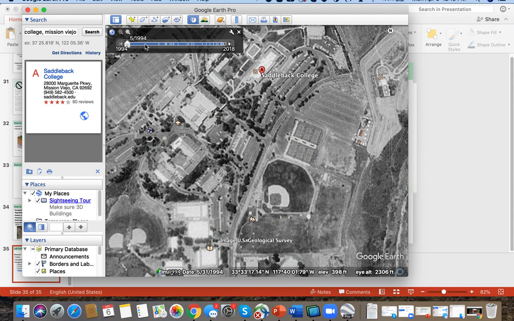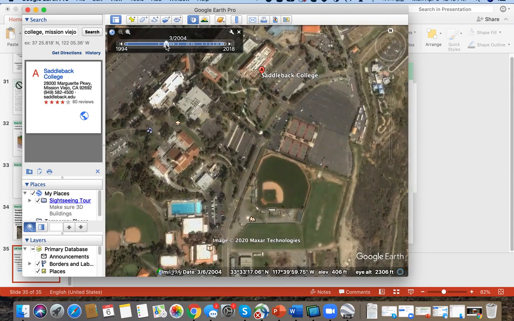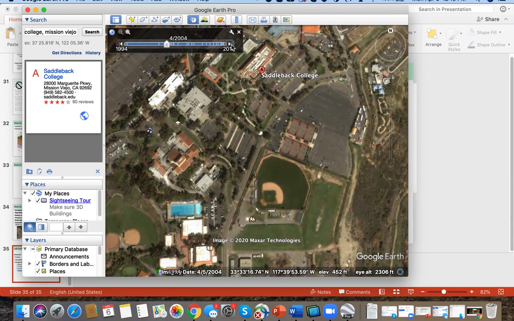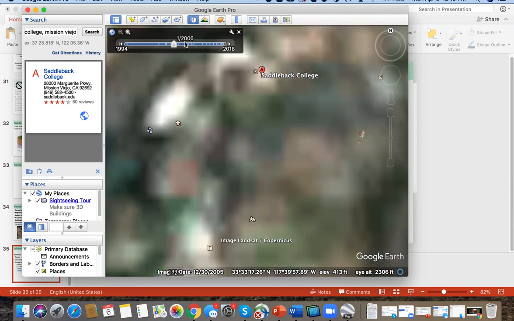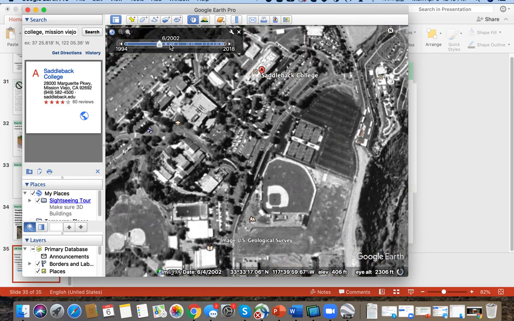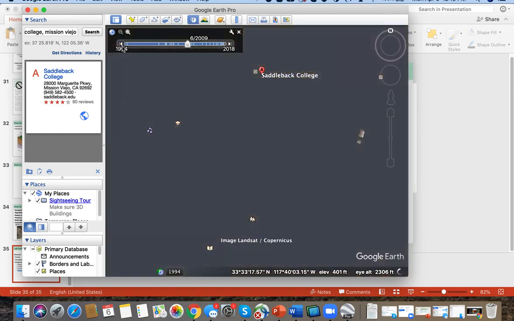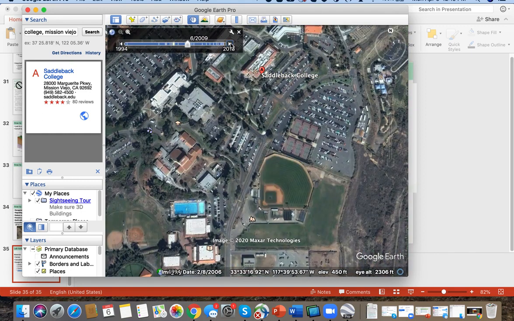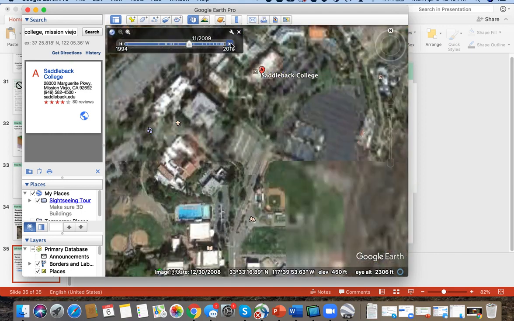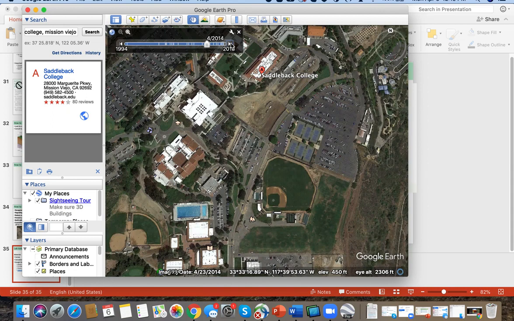And then you can move through time. So you can move up. Here's 2004. Looks pretty good. It's funny that our baseball stadium has been in the same place. Historical baseball stadium. You can actually move forward in time. You can click on any one of these photos on our timeline, or you can just move forward using the arrows. So if we go forward, 2009, 2010, 11, 13,